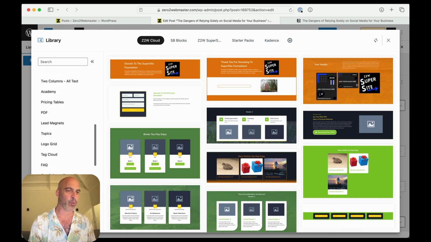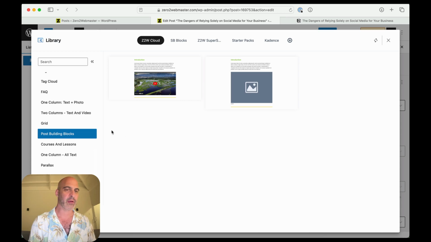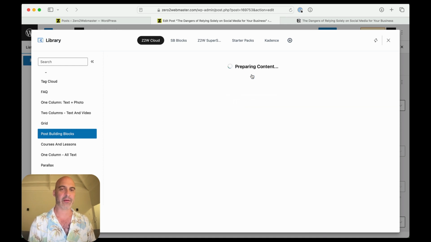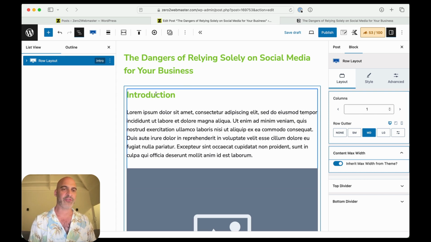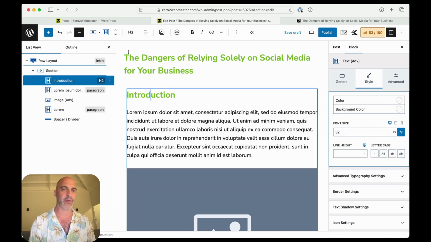And you can see that there's one called Post Building Blocks. That's the category. So here, Post Building Block with video, Post Building Block with photo. That's what we want. I'm just going to click it, and it's going to put it right in there. It's already formatted. It's mobile optimized. We've got an introduction. Okay, that's a header. We can see it's an H2 header,